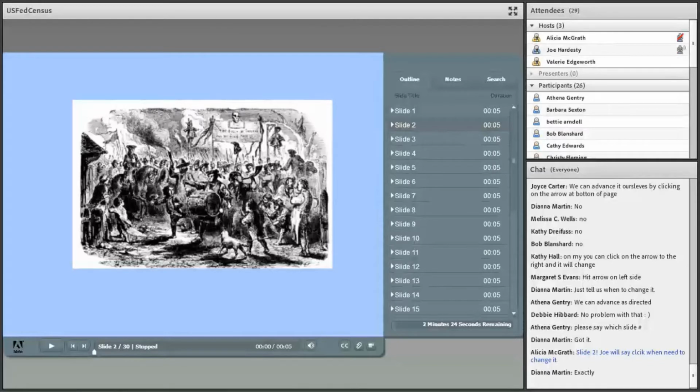Conversely, those in the northern states were opposed to the thought of counting slaves so that they could try to maintain their power base. So the fundamental thought is that in 1787, the founding fathers came up with this Three-Fifths Compromise. And if you click and go to slide 3,